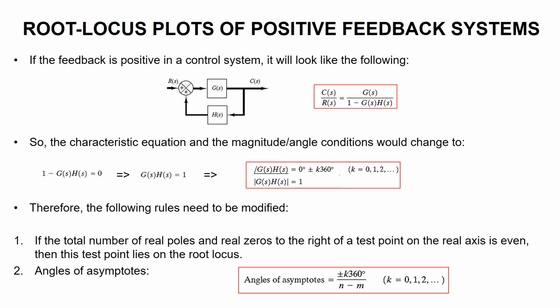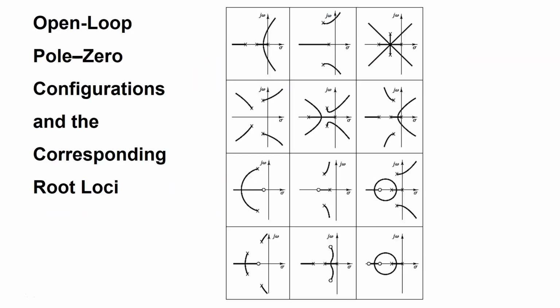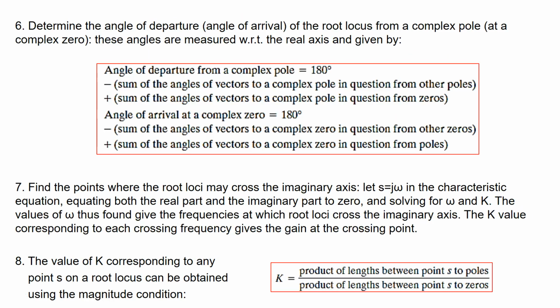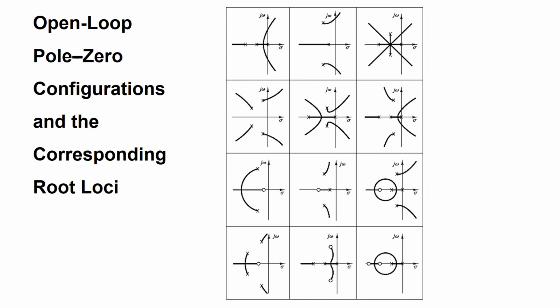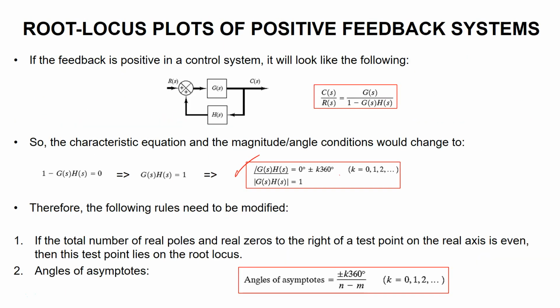So because this equation, this top one, is changing, it changes a bunch of things in those different items from 1 to 7, right? So when we drew the root locus, we had several stages that we have to do from 1 all the way to 7. But now some of them would change. Which ones? First, remember I told you